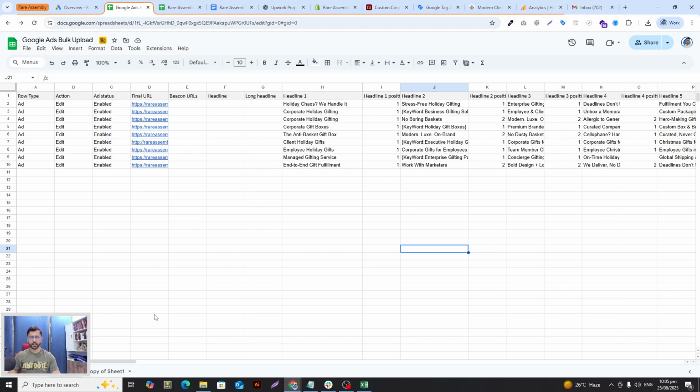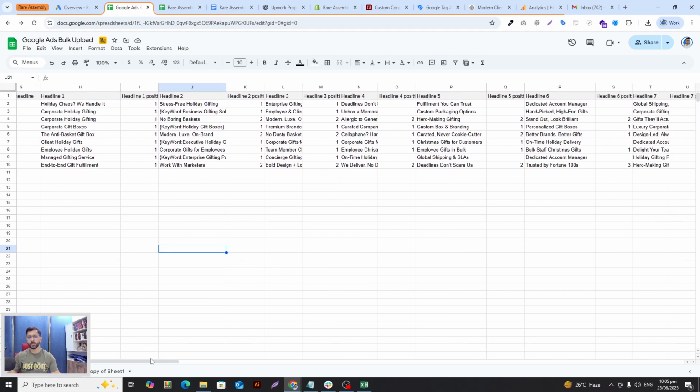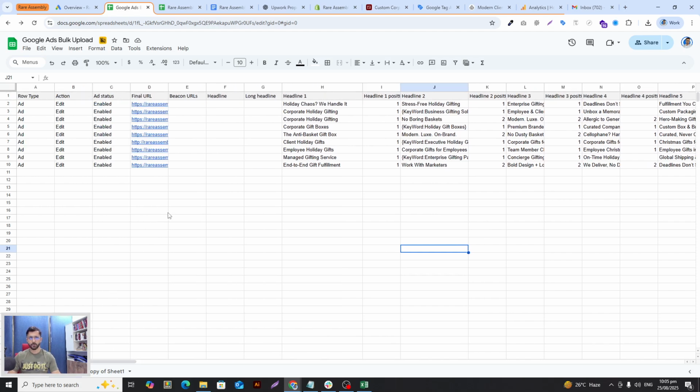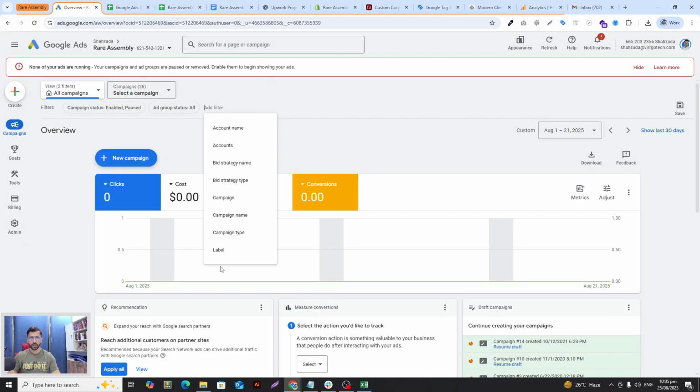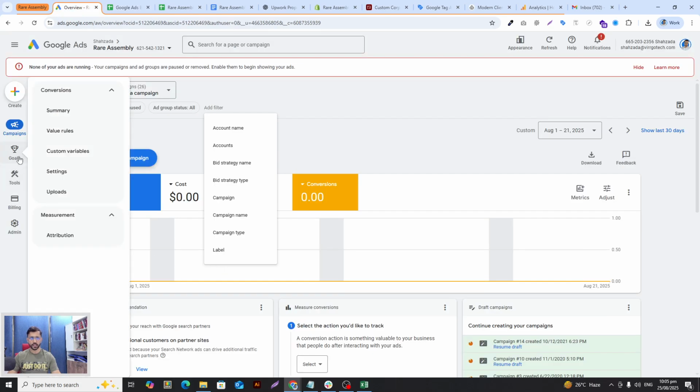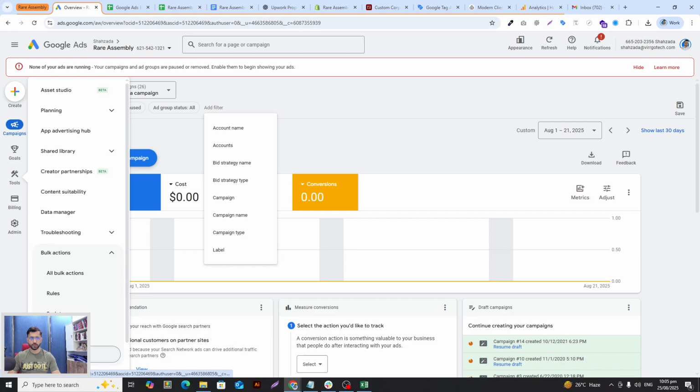But the only caveat is if you don't have existing ads or ad groups or campaigns, you won't be able to upload new campaigns or new ad groups or new ads through a direct upload from a sheet or from a CSV file. Right, so if we navigate to tools and go to uploads